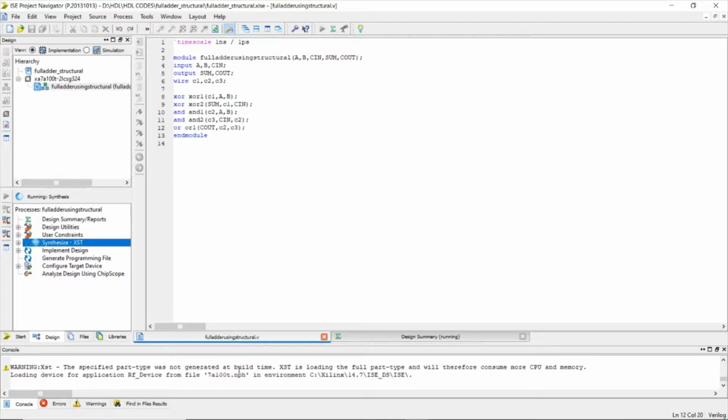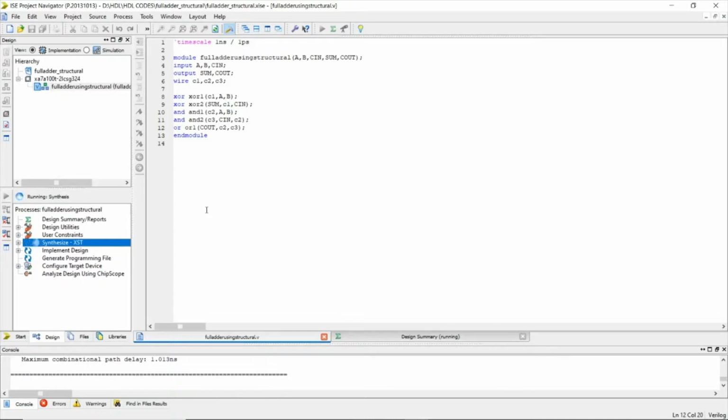Let's see what happens, whether it successfully synthesizes or it shows any error. If it shows any error, let's check for those errors. Yeah, it has completed with 0 errors.